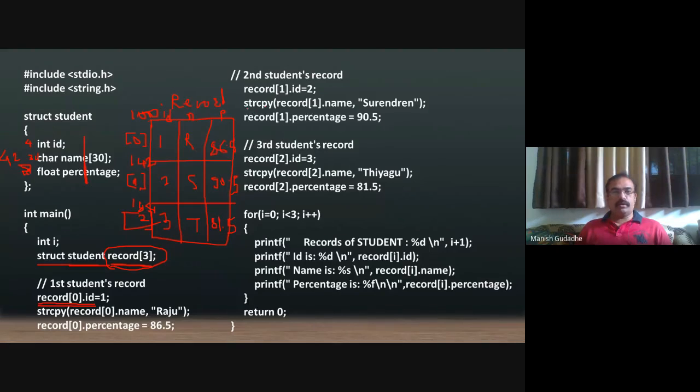Here one more function is written. You can see the string copy function, strcpy, which is part of string.h. The second string will be copied into the first string. So this will be the source string, and this will be the target string. So the string copy function can also be used. This way we are defining arrays of a structure.